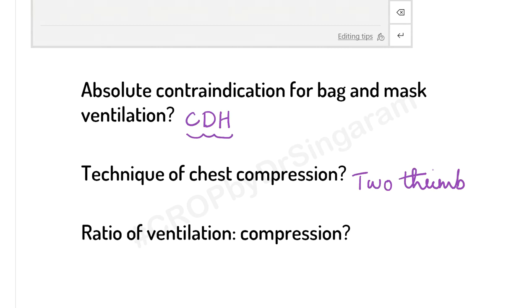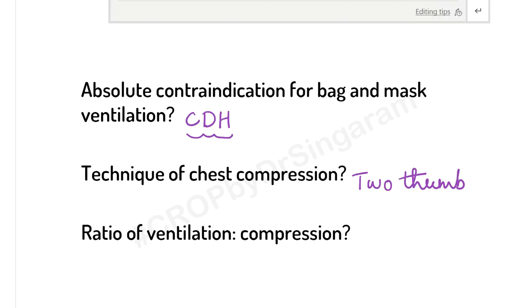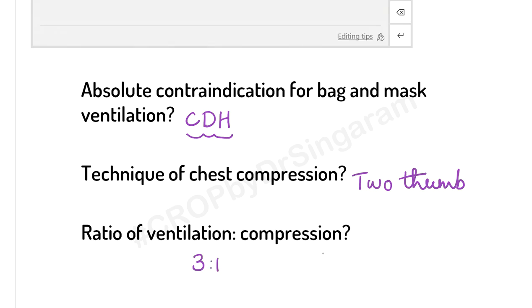Now, one more very important question which has been asked previously also. What is the ventilation compression ratio in a newborn? Always remember, whenever we start chest compression, we combine it along with the ventilation. The question is, what is the compression ventilation ratio in a neonate? Answer is going to be 3:1. Please remember,